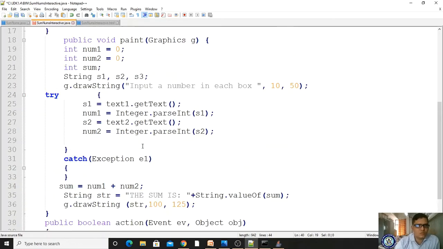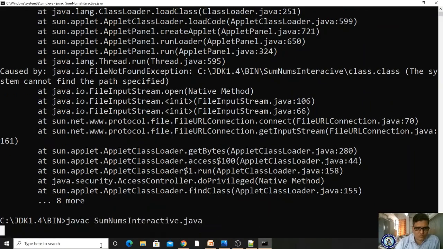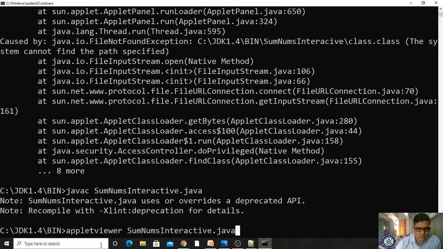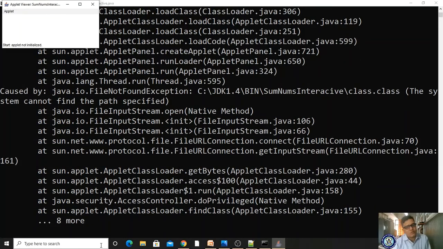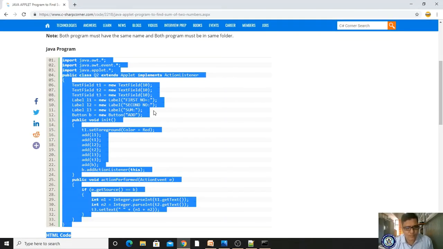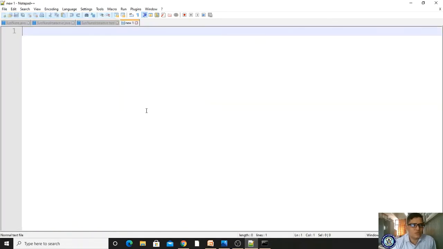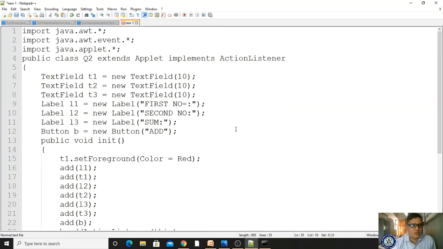Yes, this is a mistake. Applet not initialized. This is showing an error. Let me take another example. No problem. Let me take this program, and I will explain this. Based on this, you can do this. Okay, let me paste it here.